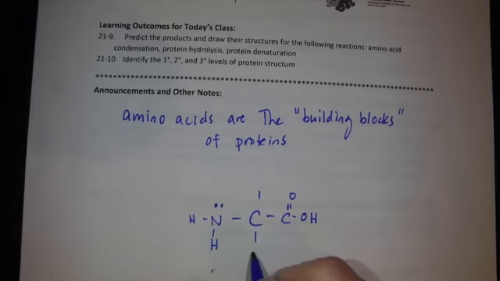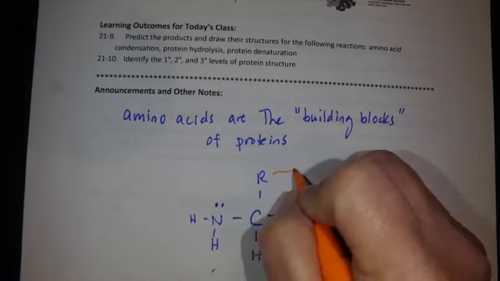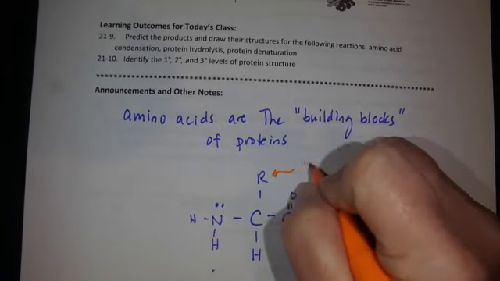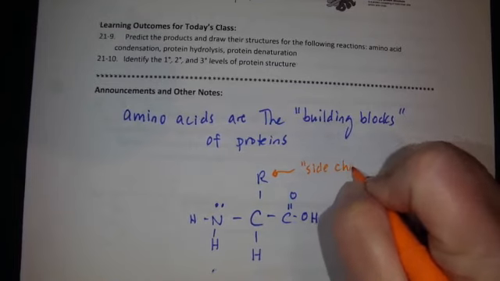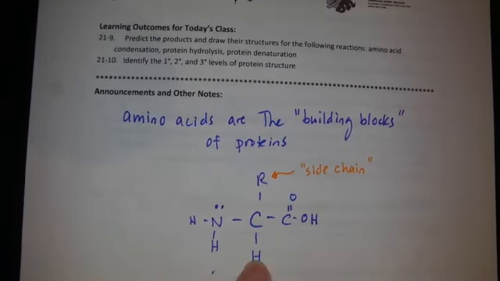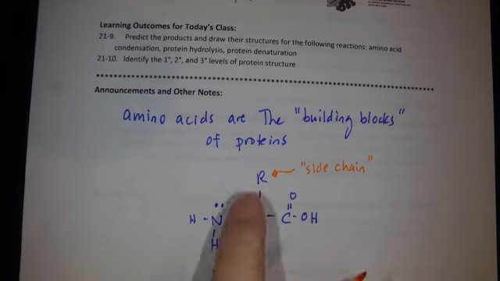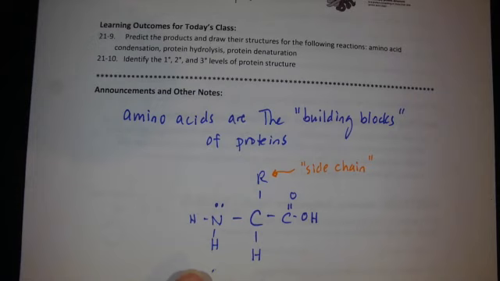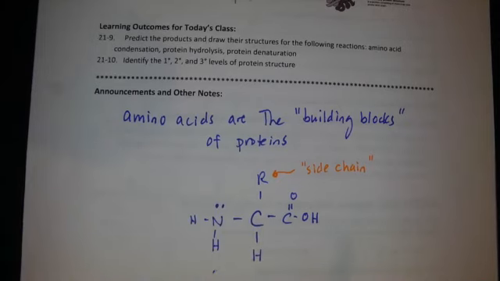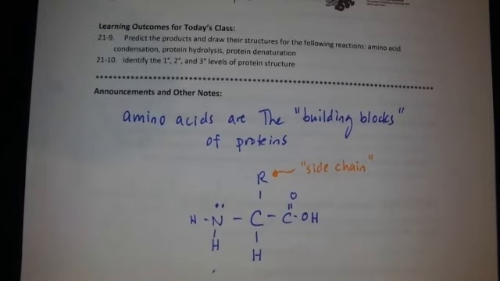This third position is always a hydrogen, and it's the fourth position that is different from one amino acid to the next. We refer to that fourth position as the side chain. I should let you know that I could put the side chain on the bottom and then put the H on the top. Those two can be interchanged, but it's always consistent. You should always draw it so that amine is on the left, carboxylic acid is on the right, as we've done here. So what does it mean for these amino acids to be the building blocks of proteins? Let's take a look at what that reaction looks like.